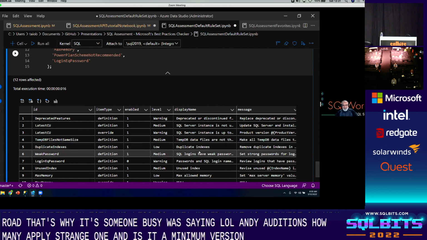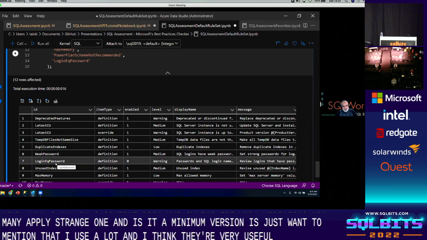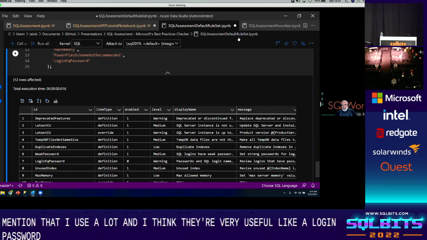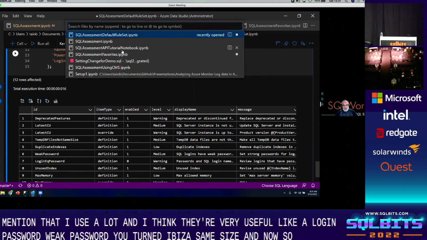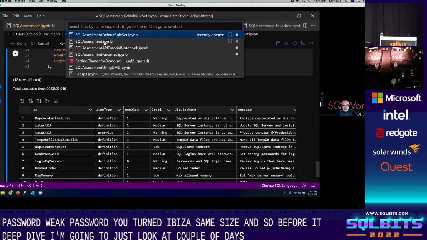It's just some of these I want to mention that I use a lot, and I think they are very useful. Like login equals password, weak password. Your tempdbs are same size or no. So before we deep dive, I'm going to just look at a couple of these to start with, and then